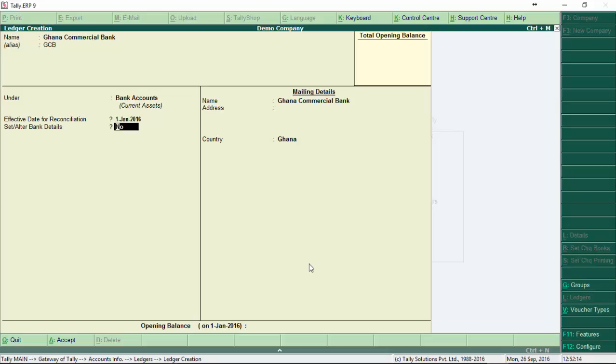And then this says set or alter bank details. So you can add bank details when you put. Normally when it's a logical question, yes or no, you just have to type Y for yes and N for no. So Y means yes, you want to set the bank details, and immediately you do that, it's going to open